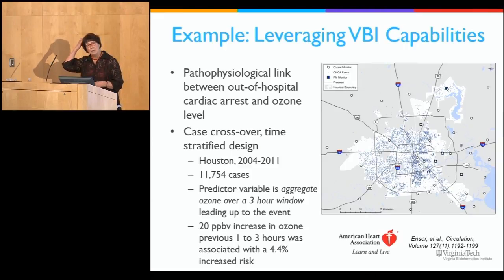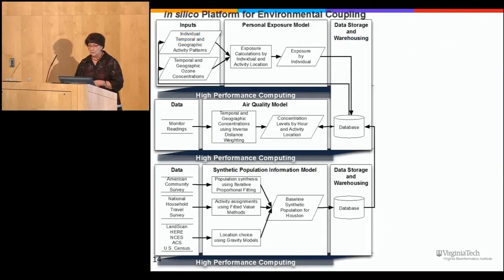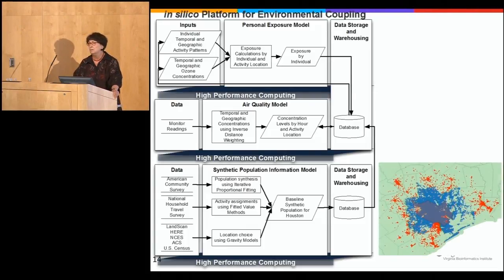So they came and asked, well, the tools of NDSSL, could they possibly be used to help us understand that question, coupled with some of the data sources that we may want to be adding to those tools to generate different kinds of days and different kinds of normative behavior. So that's led us to actually coupling a couple things. And the first is building off of the synthetic information platform that NDSSL has for the Houston area, where the whole population gets built out, the 4.4 million people at their 1.8 million locations.